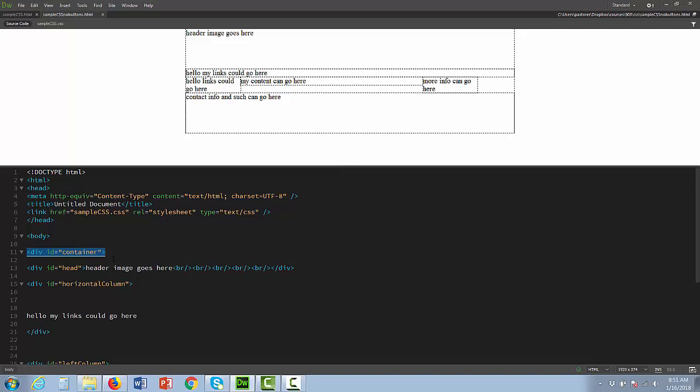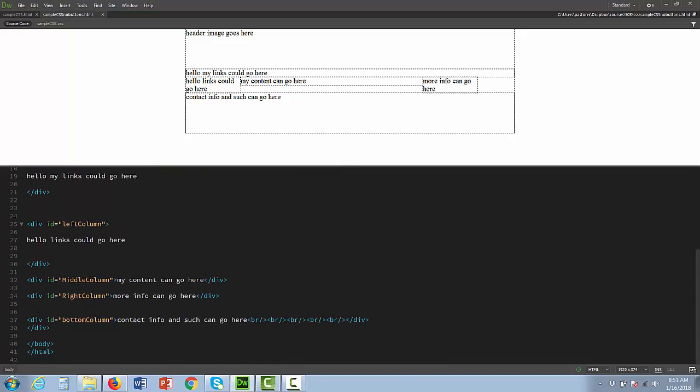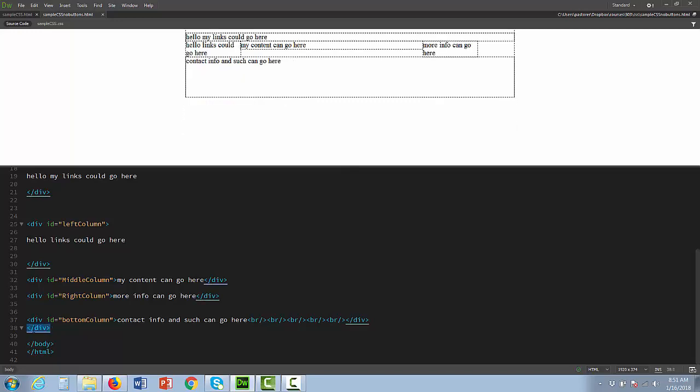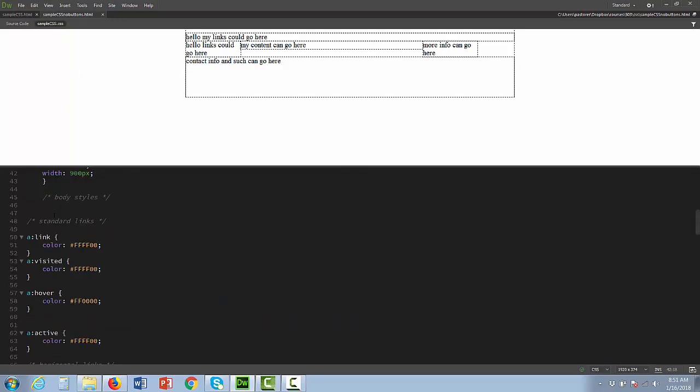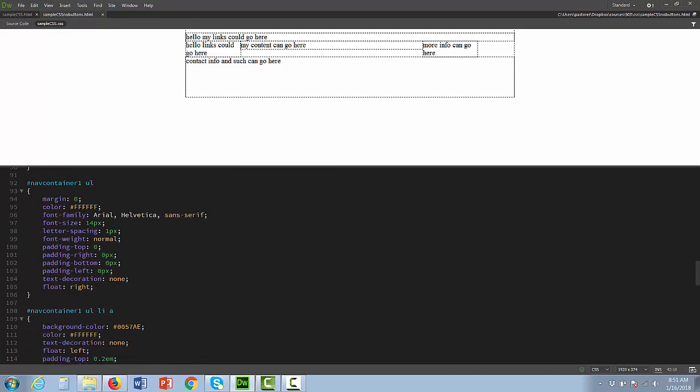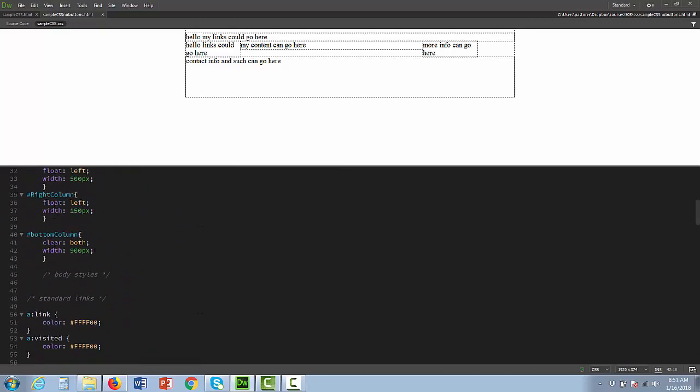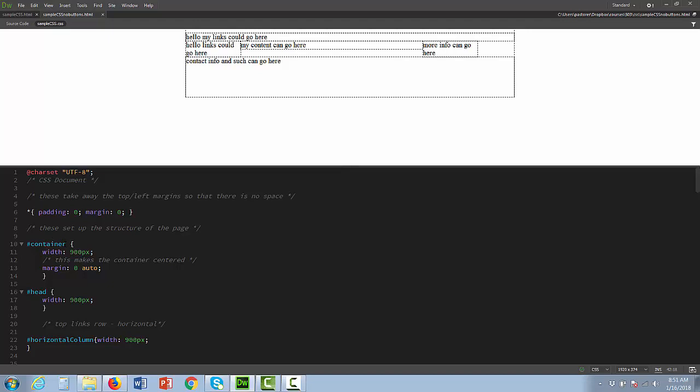Where did I close the div tag? So this is the first part of the body. I've closed it here at the very bottom, the last thing. This is the closing div tag. Remember, this container, if we go back to our CSS, let's get back here. I called this container. That's where the word's coming from. Container,